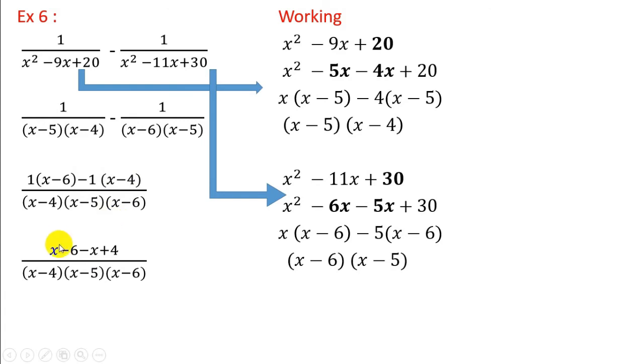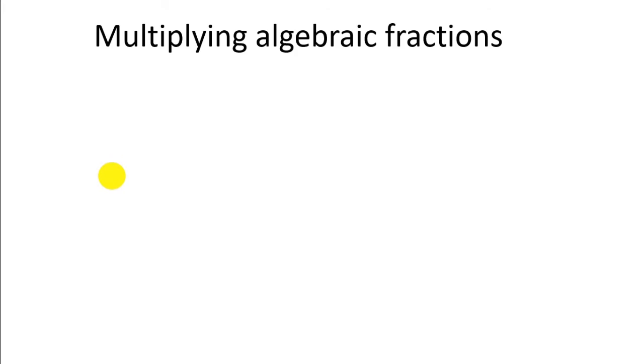Now you can simplify x plus x with minus x, so your answer would be minus 2, because minus 6 plus 4 is minus 2, over x minus 4 into x minus 5 into x minus 6. So this is how you simplify given algebraic fractions with denominators that include a binomial expression. So these are some of the review questions I have done for you. So now we'll discuss